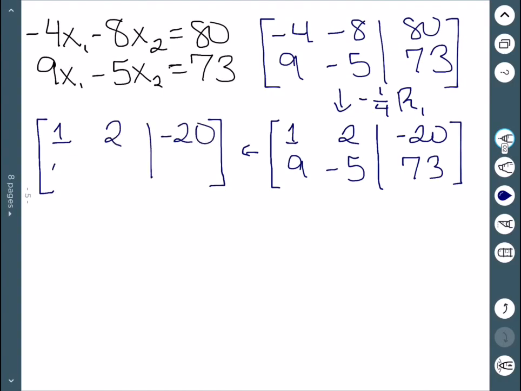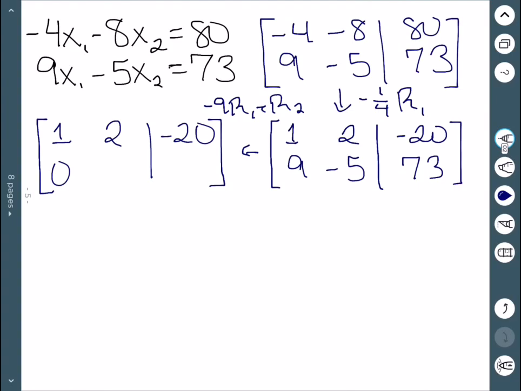Well, there's only a 1, and it's currently a 9. When we're working on zeros, we're going to use the first operation. In this case, I want to get a 0, so I need to add a multiple of the first row to the second to make it 0. So I'm going to add -9 row 1 plus row 2,